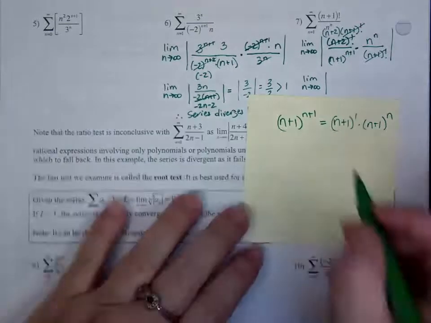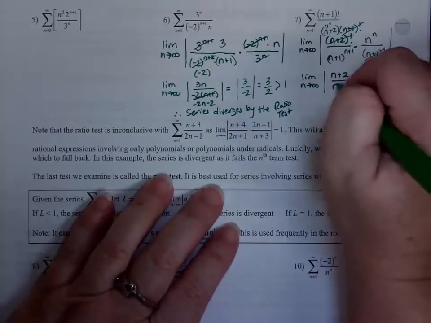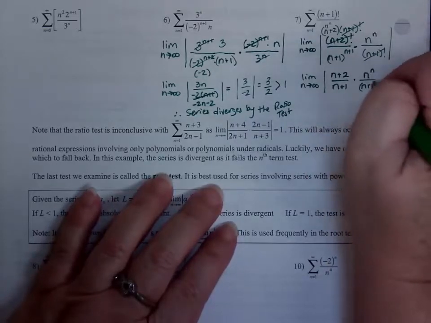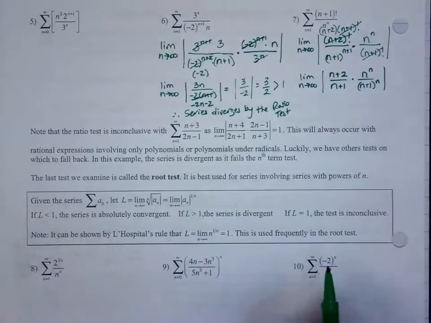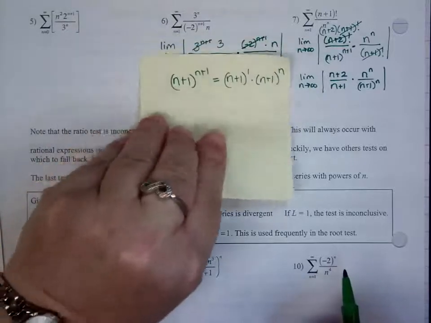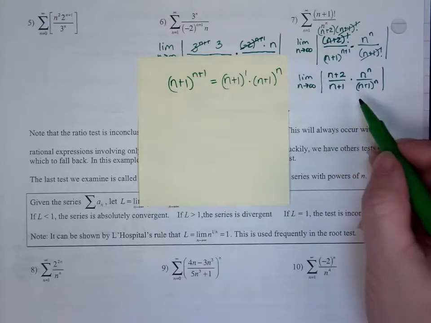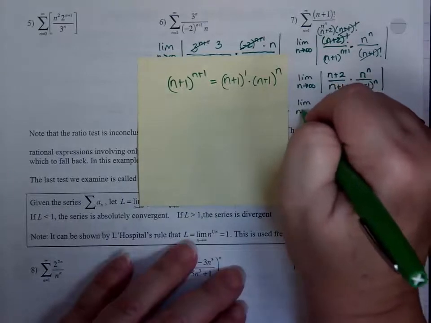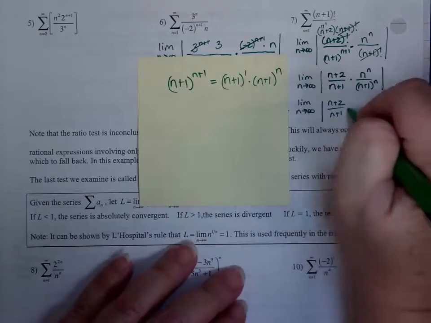That way, I'm going to pull that aside for a minute. So I have n plus 2 over that leftover n plus 1. Then I have n to the n over n plus 1 to the n. Let me put this back where it was. This became the denominator. So we now have limit as n approaches infinity of n plus 2 over n plus 1 times,